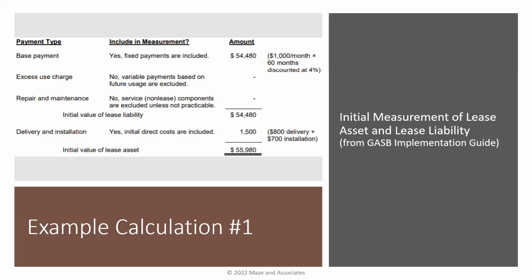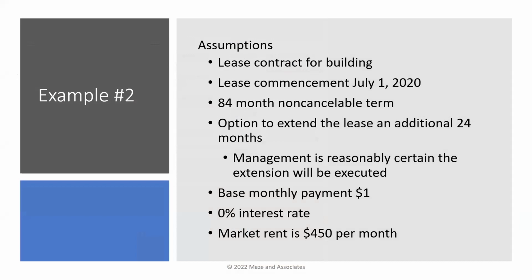Now, again, this is discounted at 4%. This is where the payments are equal amounts. As you know, most lease contracts have scaling or CPI factors that come into play, so the amortization schedule is going to get a little messier.